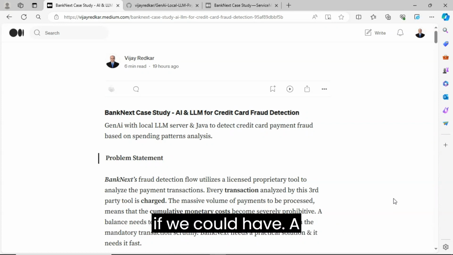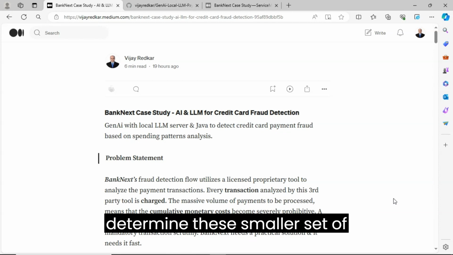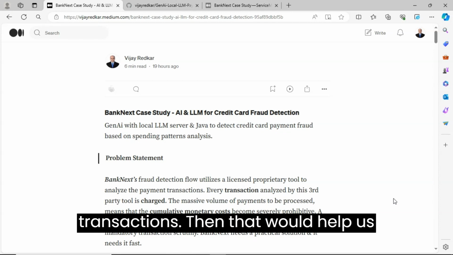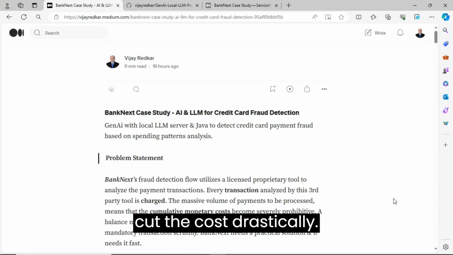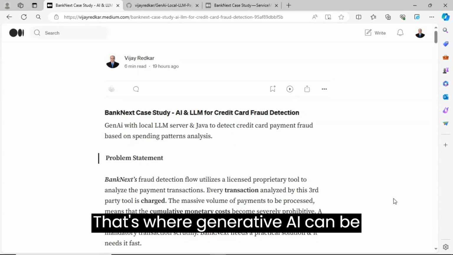If we could have a reasonably accurate mechanism to determine these smaller sets of transactions, then that would help us cut the cost drastically. That's where generative AI can be applied to augment